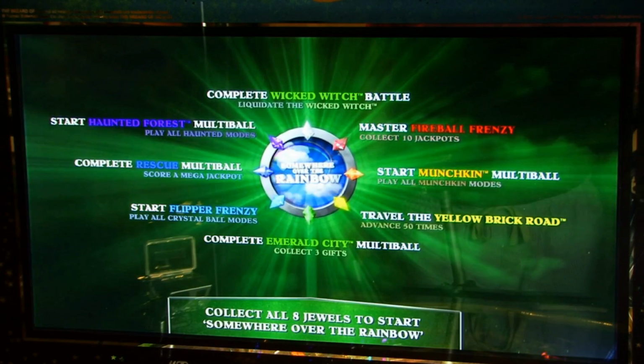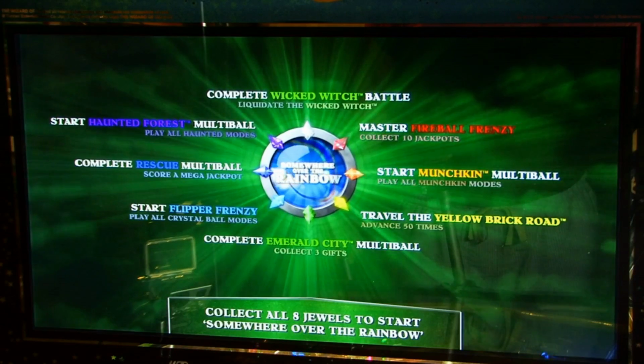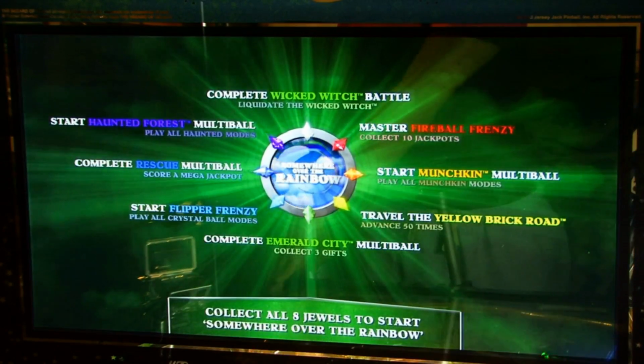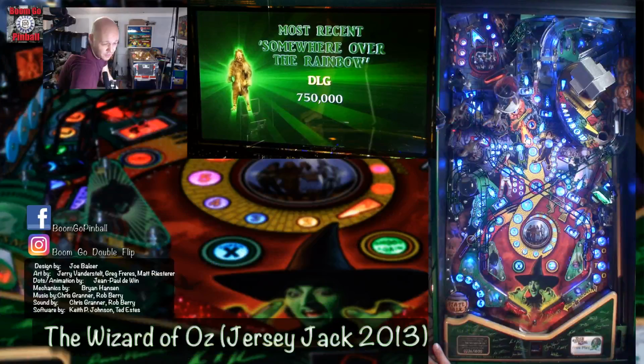You have to complete Rescue Multi-Ball, which basically you're getting all the jackpots, and you have to score a mega jackpot, which we'll go over. Start Haunted Forest Multi-Ball, so you're going through all the different, I think there's 4 Haunted Forest modes, and you start Haunted Forest Multi-Ball. So, in order to battle the Wicked Witch,